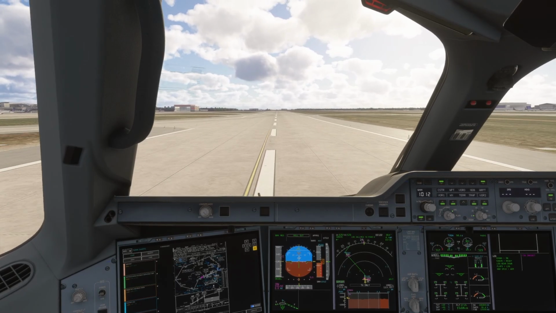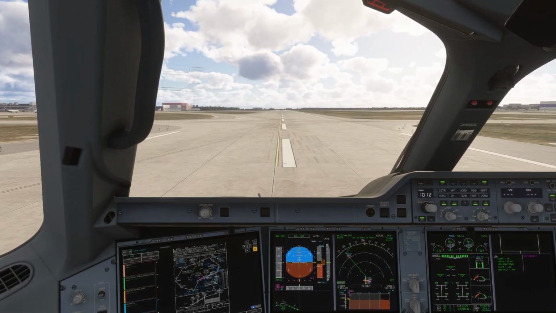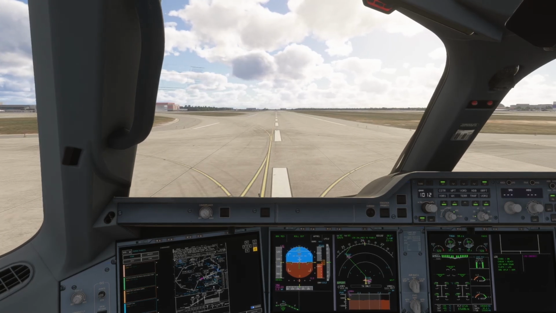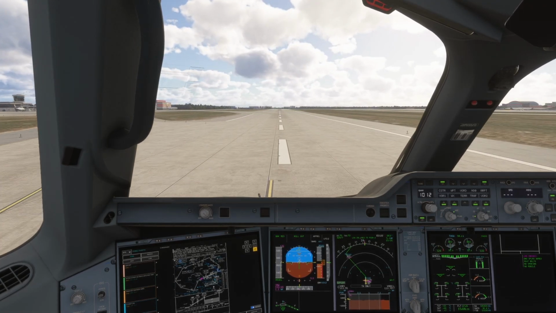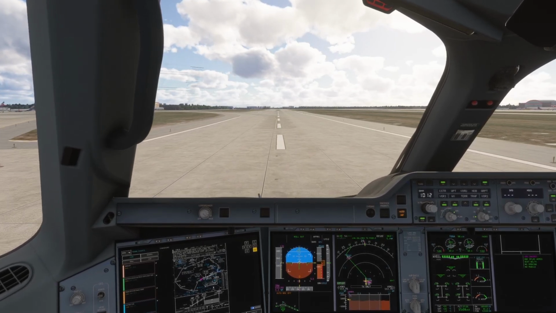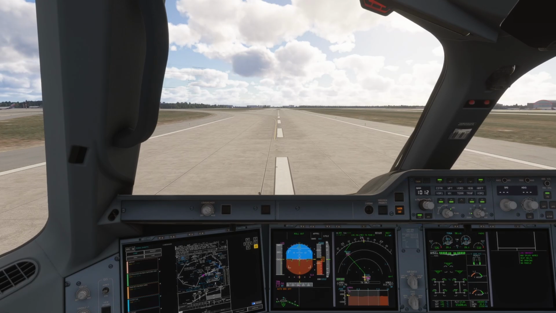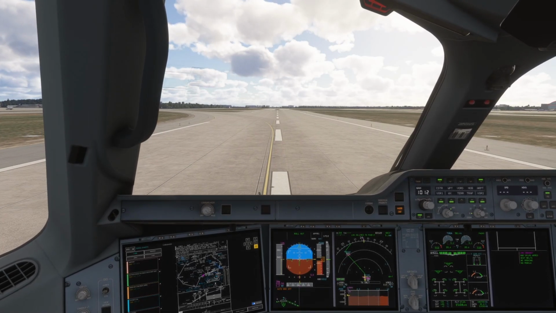Reverse is green. Autobrakes. 60 knots, manually braking. 40 knots, reverse is out. Welcome to Sheremetyevo.